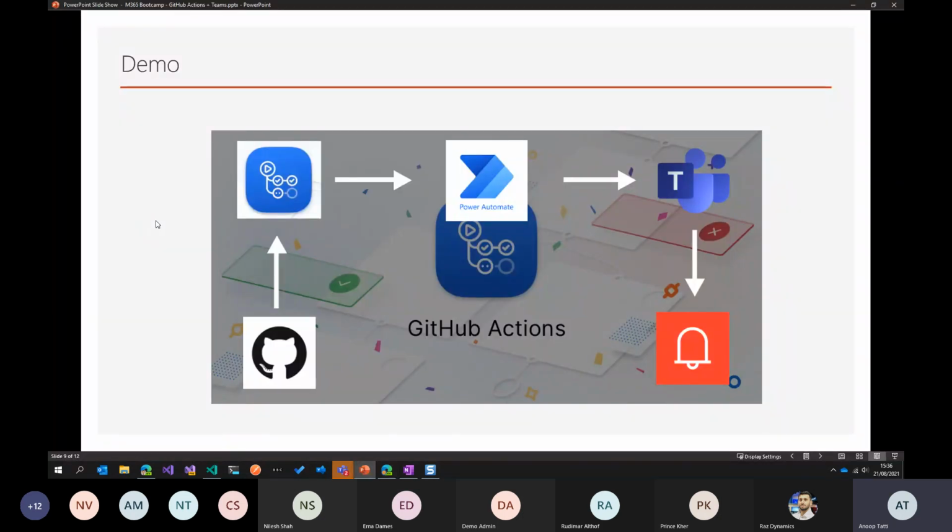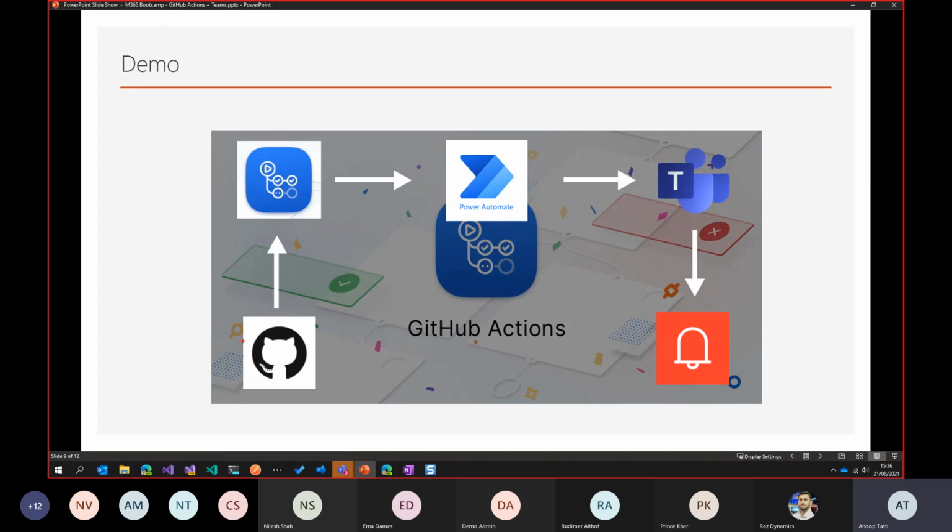Just to recap, what we saw was, we started with the GitHub repository. And then we saw the workflow that was created in the GitHub repository, which runs on a schedule, and all that workflow does is call a GitHub action, and that action gets all the issues that are tagged with a certain label and are open. We saw the code in which we get all the issues, and then create a JSON object, and then pass that to a flow,